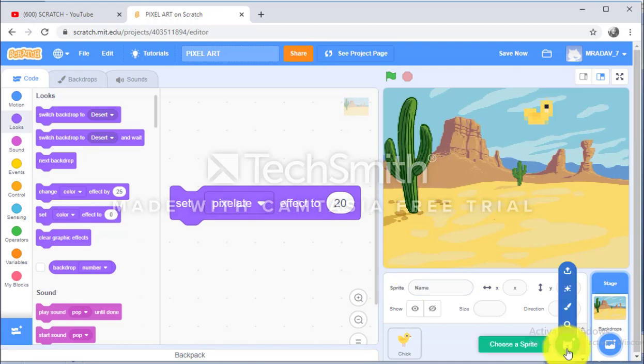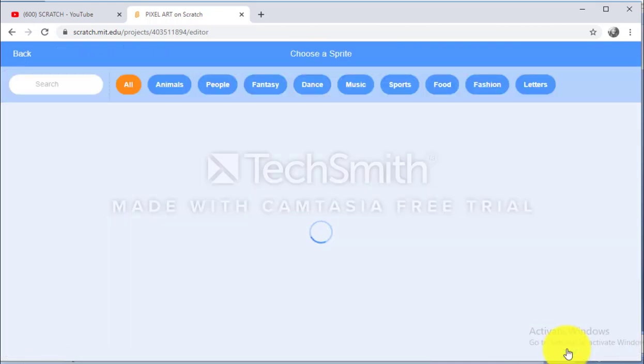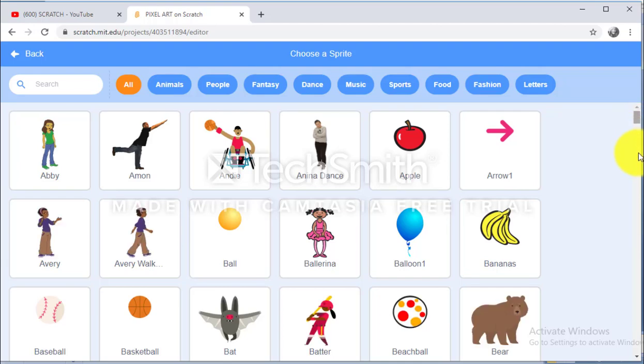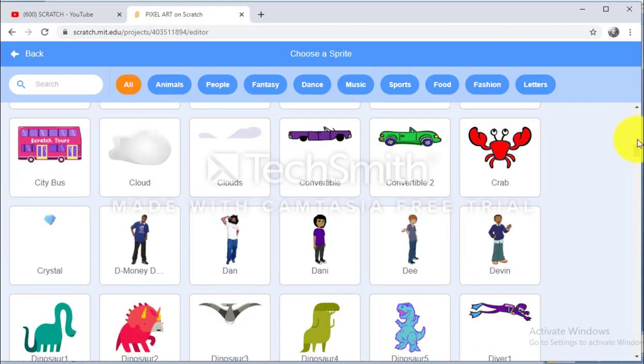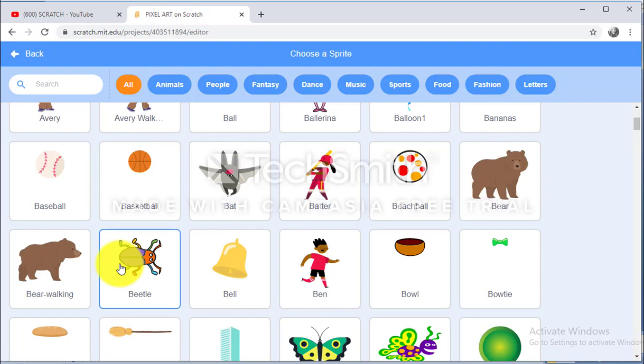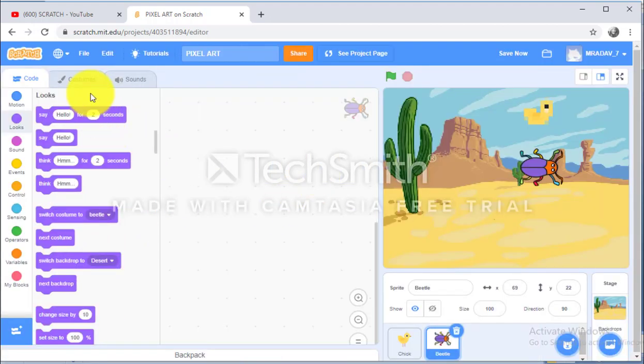First of all, choose a sprite for this. Let us choose, what we can choose, Beetle over here. Okay. Now in Beetle, select the costumes.